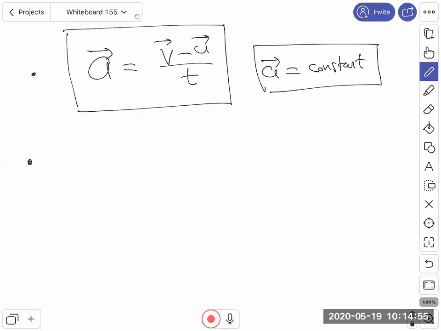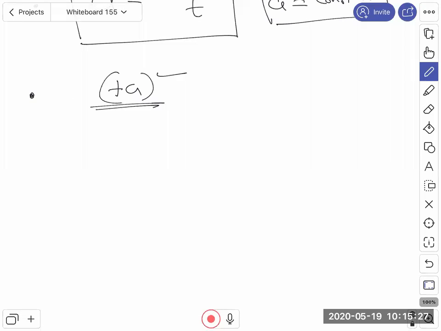Just remember that a positive acceleration doesn't mean that speed of particle is always increasing, and a negative acceleration or a deceleration doesn't mean that speed of particle is always decreasing. Positive acceleration represents that there is an increase in speed of particle in the positive direction or decrease in speed of particle along the negative direction. Both are representing positive acceleration. So we'll take some numerical examples, then we'll come to know what this is.